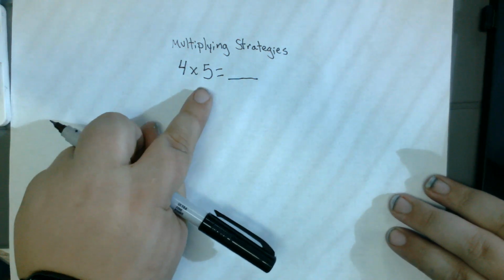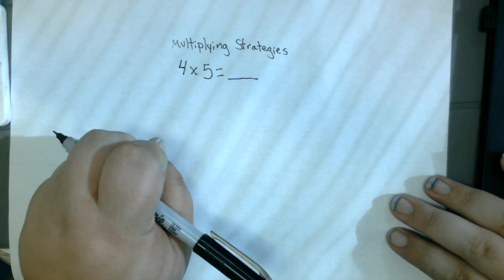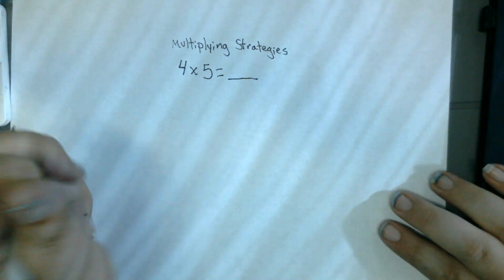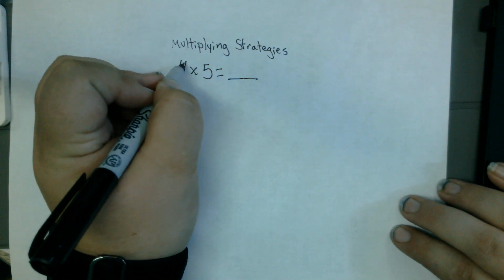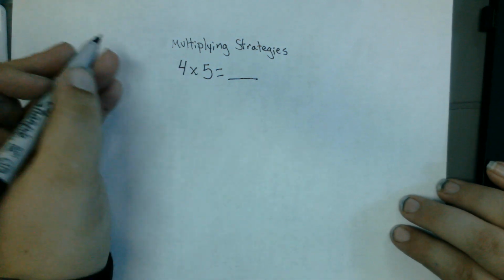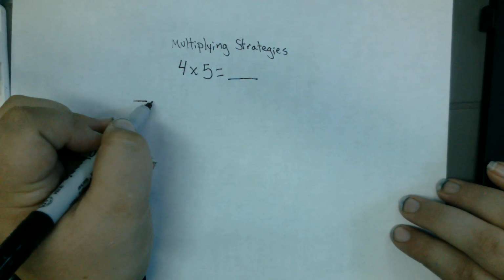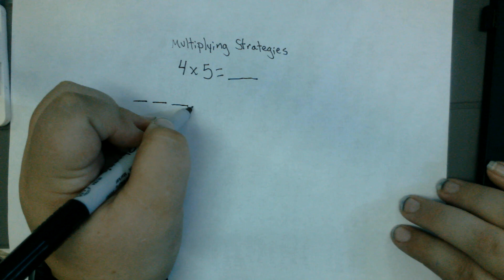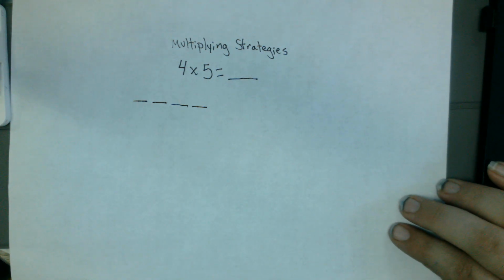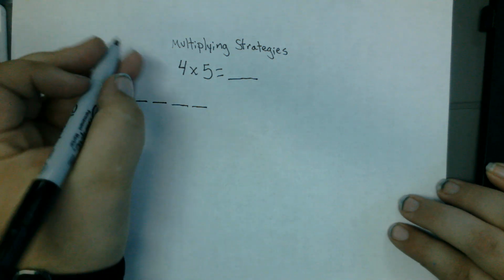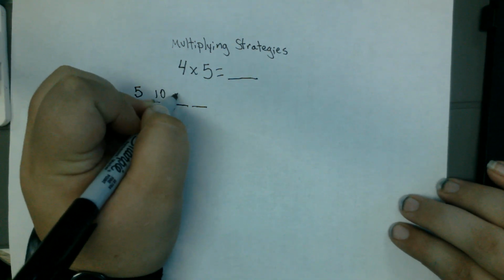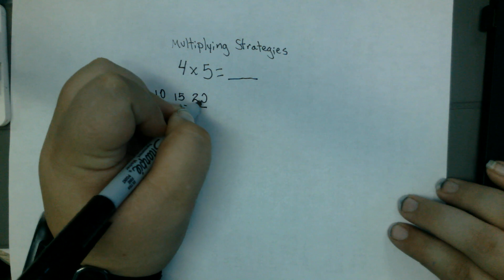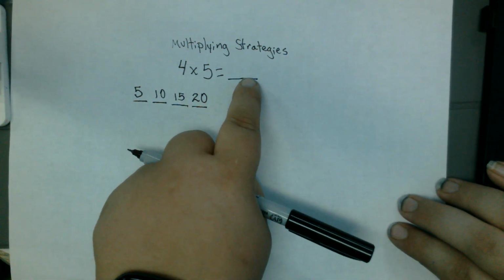So the first one, since this is a 5 that students are probably likely to choose as their chosen strategy, is skip counting. Now, if they're choosing to skip count by 5s, then they need to count 4 times. So I tell them to draw 4 lines to remind themselves when to stop. That's the most common mistake within skip counting, is that students forget when to stop counting. So we're going to count by 5s, 5, 10, 15, and 20, which would be our product or our